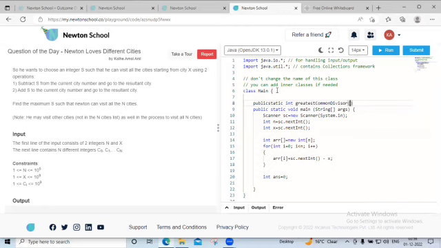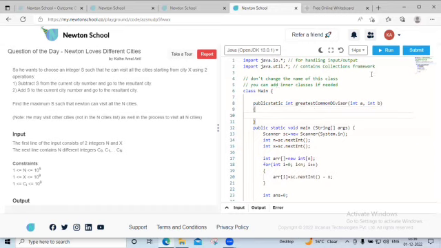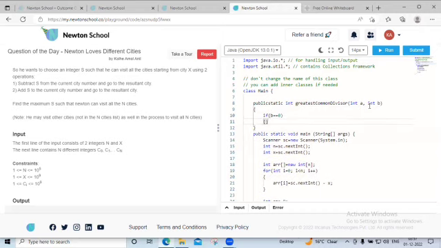Inside this we'll pass two arguments, let's suppose integer a and integer b. Now we'll write one condition: if b is 0, then we'll simply return